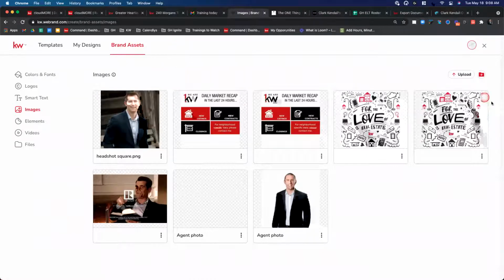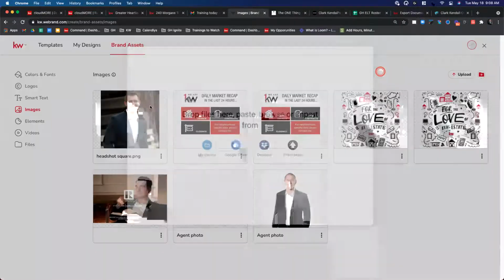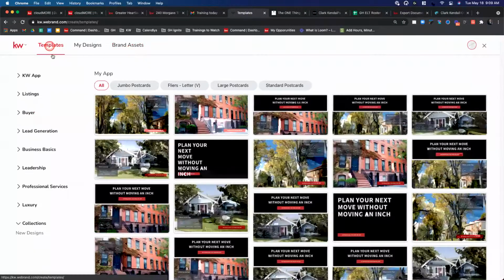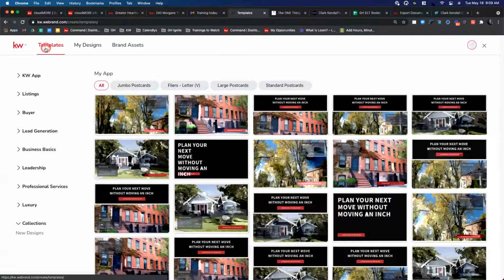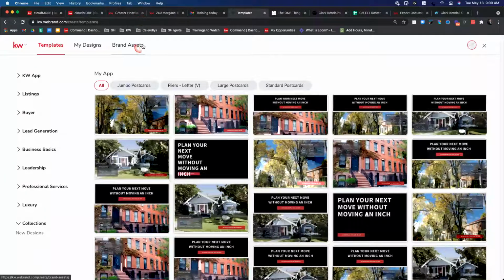Okay, and it's really super easy to upload these. Once you click on images, oops, not a folder, don't want that. You can make folders, but just upload, find it on your computer, Dropbox, Google Drive, wherever it might be, and it'll be there. So just know, if you're wondering, hey, I'm in designs, but I'm not seeing my headshots, yes, they might be in the marketing profile. I'm glad you mentioned that, because you'll want to upload these into brand assets for the higher quality.